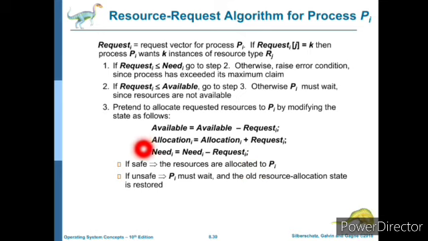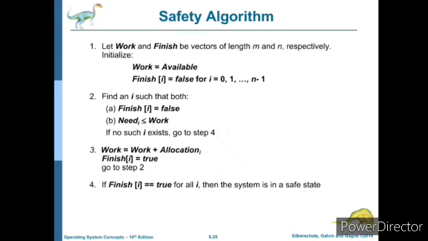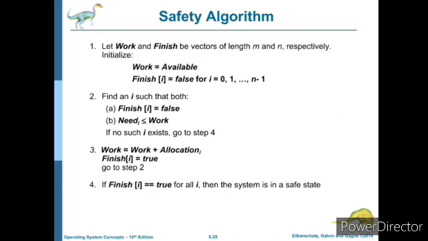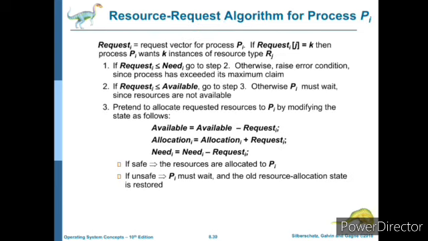Okay. Once the state is modified, next we need to apply the safety algorithm again, because once the process Pi requests for the resource, the system state may change. If in the safety algorithm you get the safe sequence for all the processes, then we can say that the system is in a safe state. Then you can grant the request, and the resources are allocated to the process Pi.